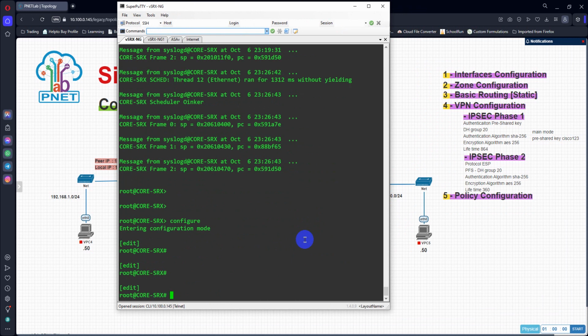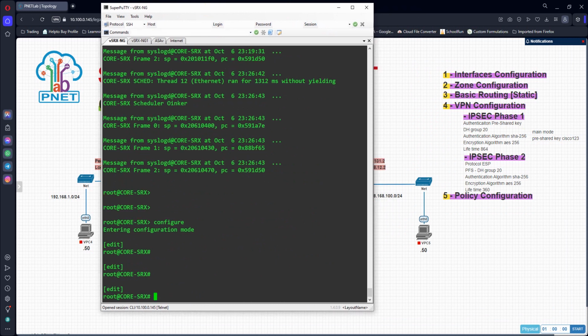And then the first thing we're going to create, as I said, is the IKE proposal. For that, the command we're going to use is set security ike